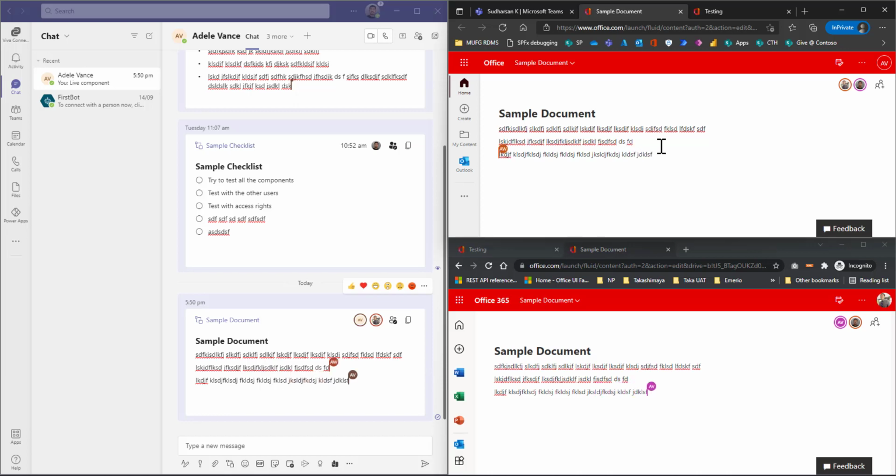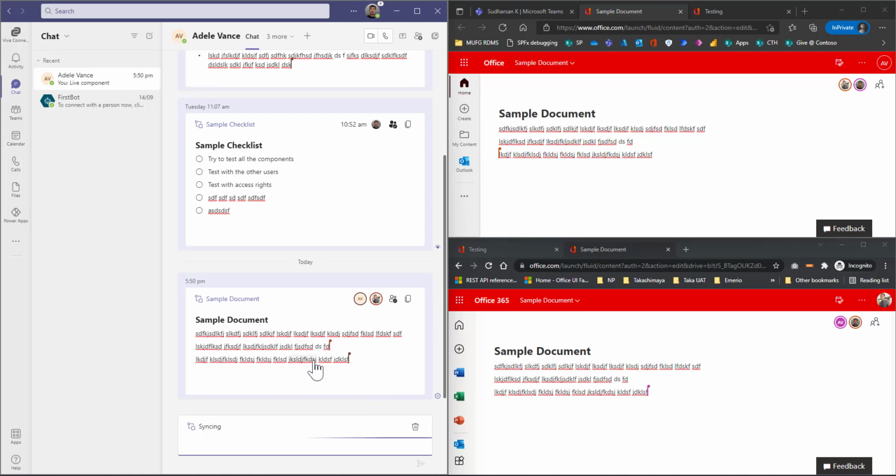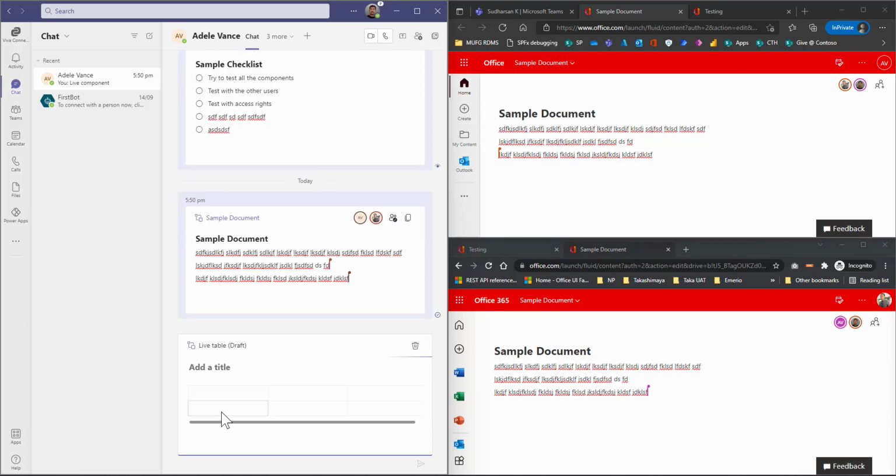So this is like a real-time update of the document, and you can even use the table. You can just select how many rows and how many columns you would require. So I'll just select 3 by 3, and I'll give a title to the table as sample title.